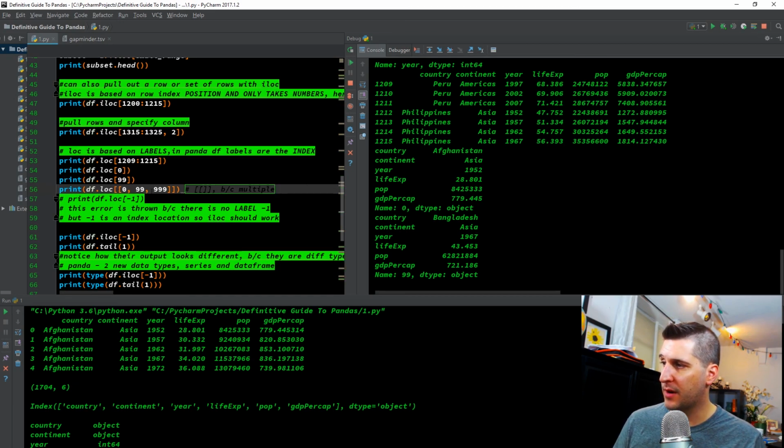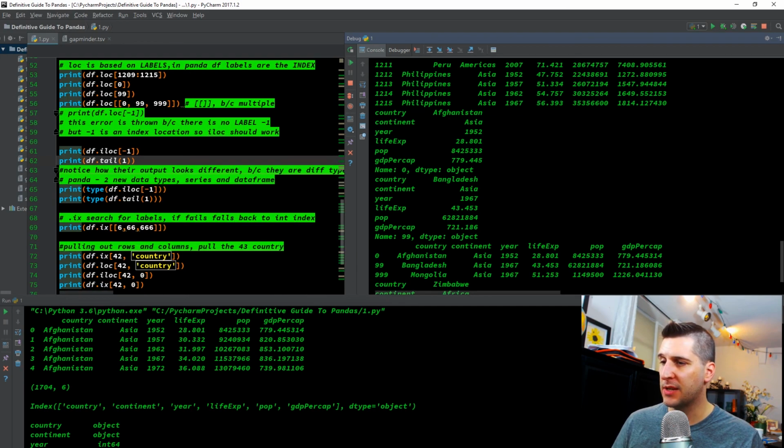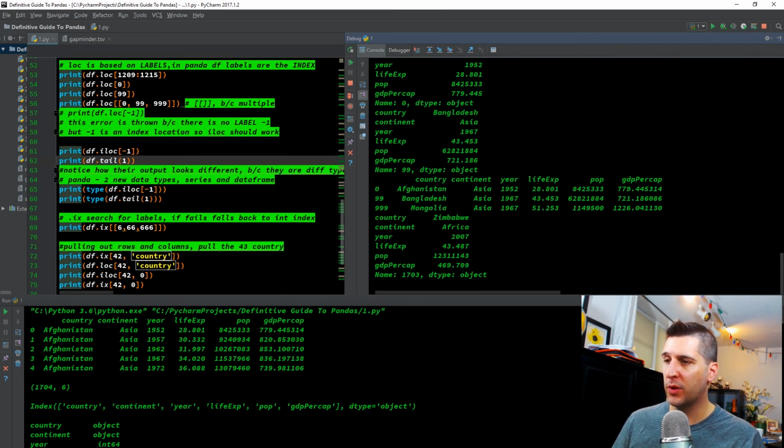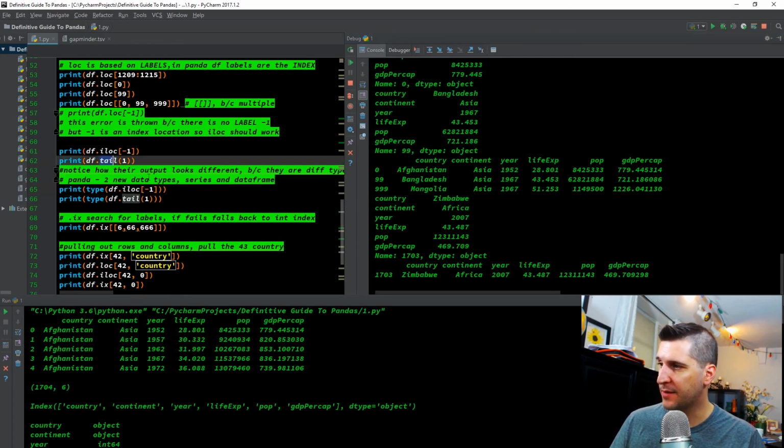And you can see we have different brackets because we are pulling out multiple. So it's like a list of lists. So we got row 0, row 99, and row 999, all under their appropriate columns. We're going to F8 through. Now we're iloc -1. So on -1, what it did is it went to the -1 row. So it went through all of the rows and just went up from the bottom, pulling out all of that data. We can do the same thing for row 1, doing it with tail, df.tail 1, and then